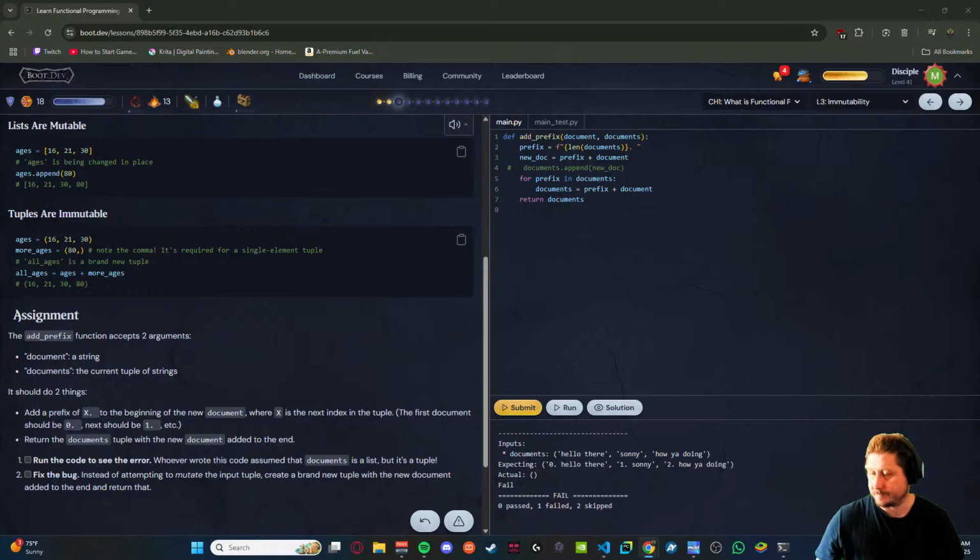I don't know why I just suddenly did a bunch of tests. Okay. Expecting 0, hello there. So prefix plus document. Why is it giving me an error? Object of type none has no len.